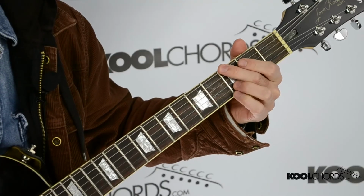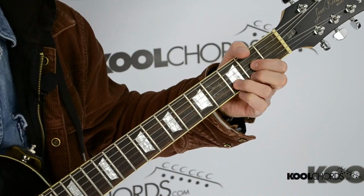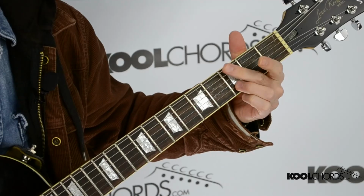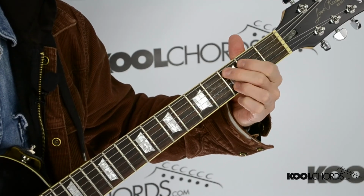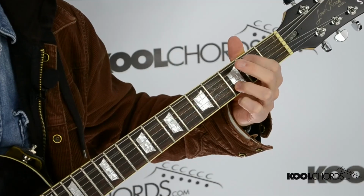And everything is staccato, so everything's cut really short there. So I'm going to play that. This is the beginning of the rhythm parts for the solo. Okay, that's the first one, and then the second pass is this. And then back to the G chord. And then you're going to go